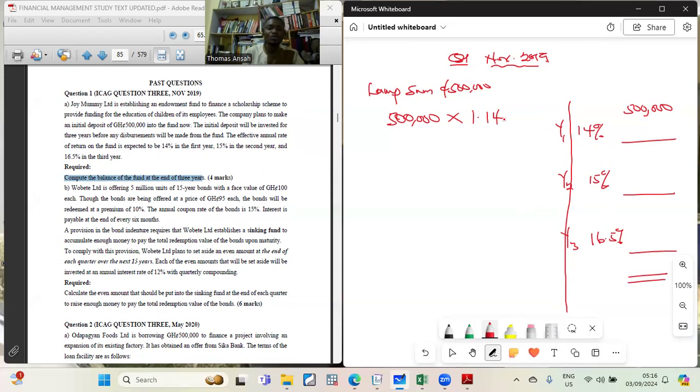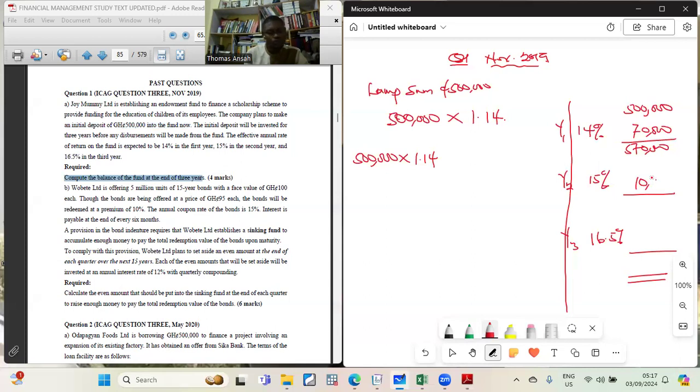But someone can also do it like this. The figure that the person will have will continue. So you can go like this, or you can just do 500,000 multiplied by 1.14. It gives you the figure at the end of the first year. If you go like this, 500,000 times 0.14, this is what you have, 70,000. So you have 570,000. Then this figure, you multiply it by 1.5, you have 10,500.